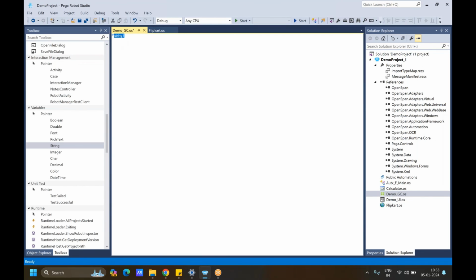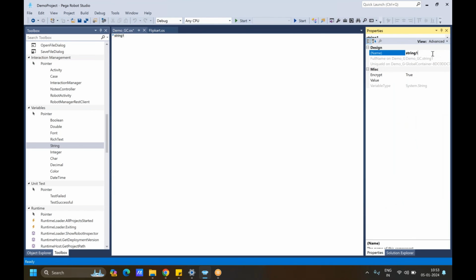You will get a string variable here, and just rename it if you want based on your usage. And the prefix has to be maintained. The prefix for string is str. Let's say the str is being used for the username, you have to maintain that as str username. So like this you can rename, and you have to save this,